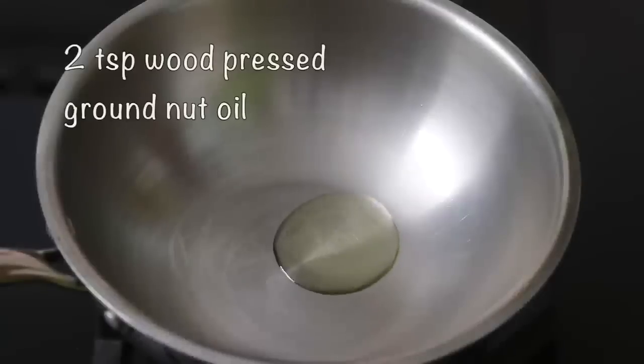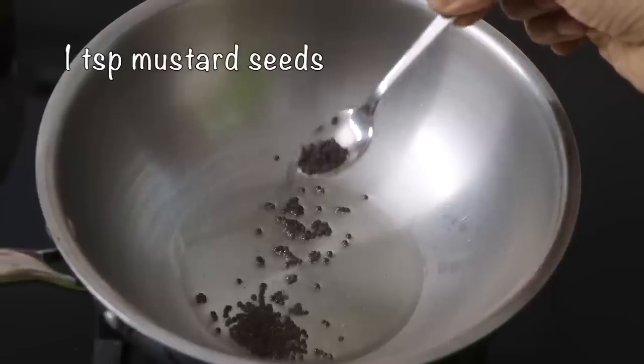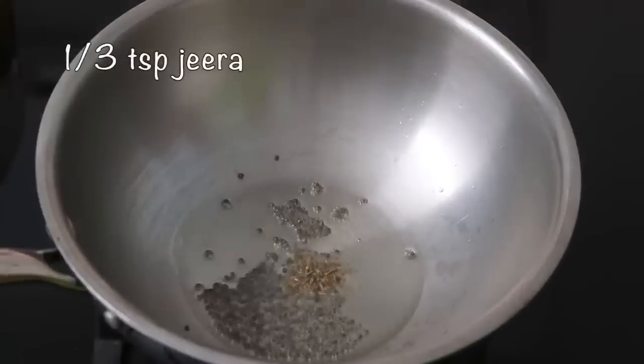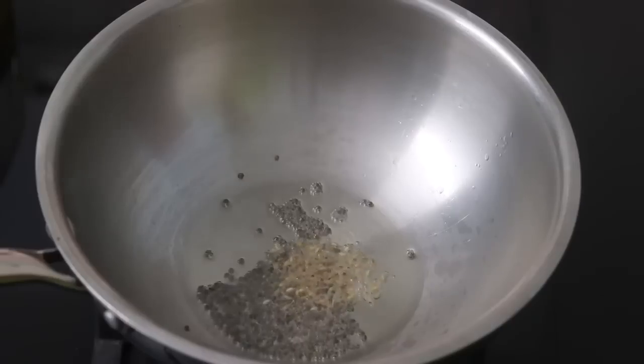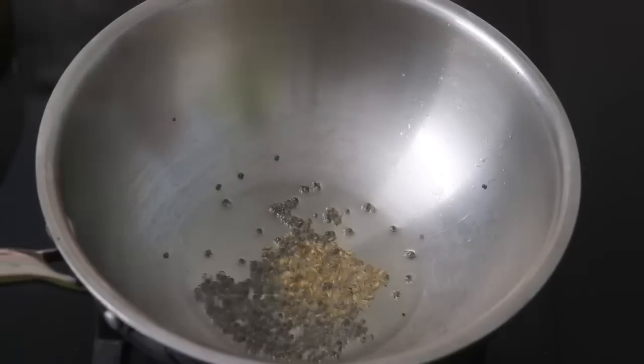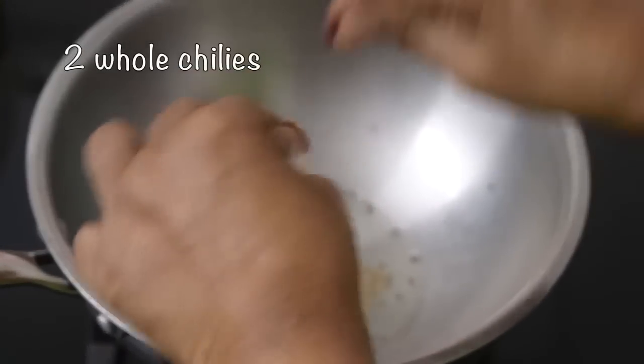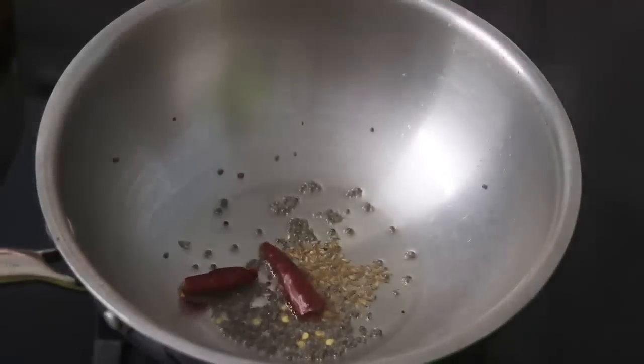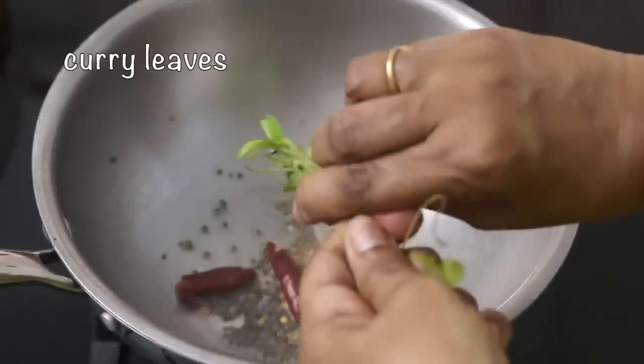I'm heating my kadai with 2 teaspoons wood pressed groundnut oil. Once the oil is heated, I'm adding in 1 teaspoon mustard seeds. Once the mustard seeds start to splutter, I'm adding in 1/3 teaspoon jeera, also known as cumin seeds. And once the jeera splutters, I'm adding in 1 whole Kashmiri chilli. I'm just breaking the chilli into 2 and adding in some fresh curry leaves,